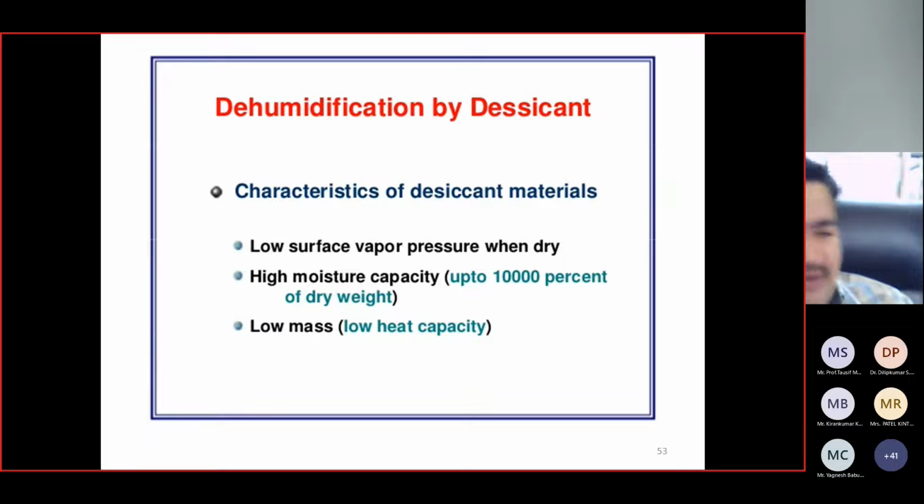Dried out desiccant. Just as when clothes are wet, we have to dry our clothes in this way. You might have to provide hot air. Hot air having still low pressure as compared to the moisture-laden vapor pressure of the desiccant surface, so that the reverse process will take place. The high vapor pressure of the desiccant surface will move toward the low vapor pressure of the hot air passing over the surface, moving moisture back into the air from the desiccant surface, and the wet desiccant surface is now available in its dry condition.